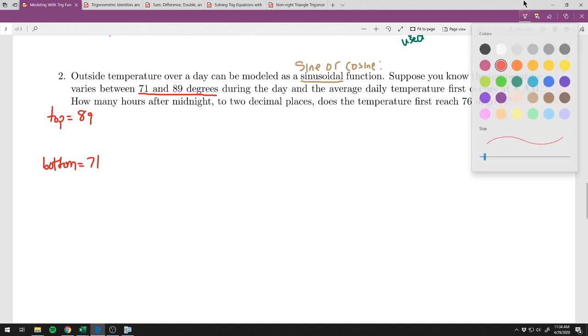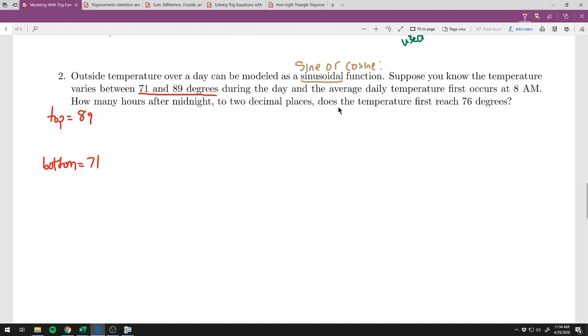And the average daily temperature first occurs at 8 a.m. You can figure out the average by adding the top and bottom together and dividing by 2. 89 plus 71 is 160. 160 divided by 2 is 80. And this occurs first